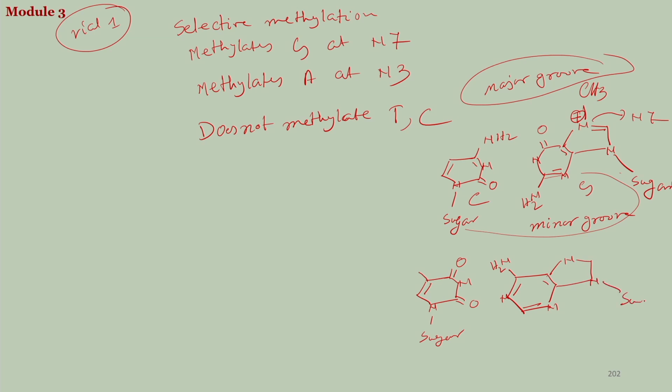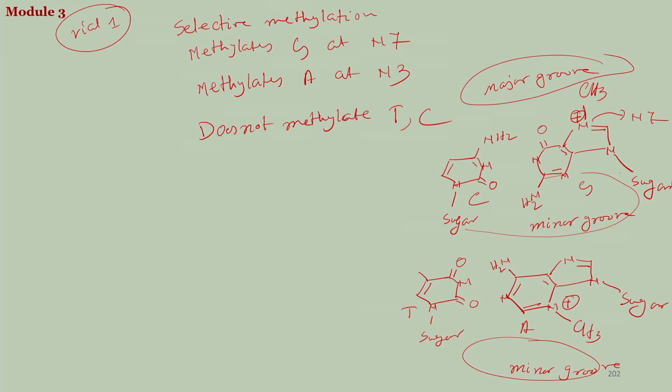This is your sugar, here is the double bond. So, this is your A, this is your T, and for adenine this is the N3 position. Here it is methylated, so N3 of adenine, and again this is the interior part, this forms the minor groove. The upper one is the major groove. You see here the methylated version of the adenine is exposed to the minor groove of the DNA, and